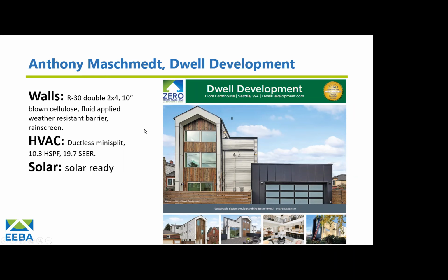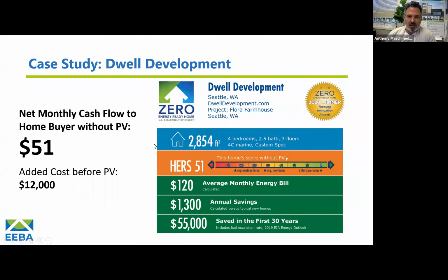Thanks, Anthony. Want to say a word or two about this latest project that you had certified? Yeah, so this is what we call our Flora farmhouse, and this is located in a historical area of Seattle called Georgetown. It's net zero energy ready, has a HERS of about a 50 on this one before solar. We put it on the market right when COVID hit, but our standard systems are built off of the passive house model of a big thermal blanket around the house, airtight, triple pane windows, heat recovery ventilation, and efficient mechanical